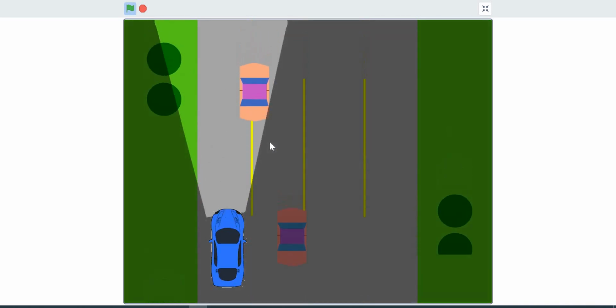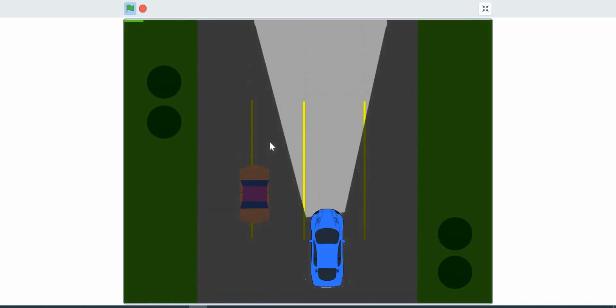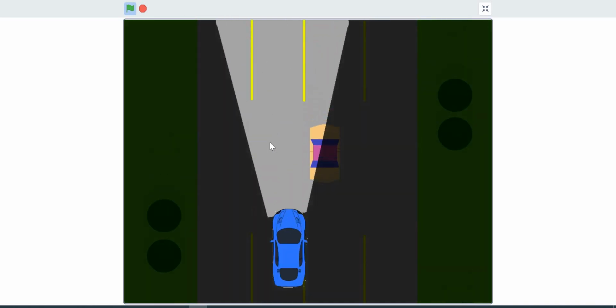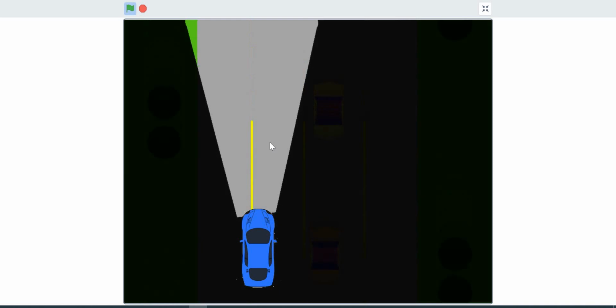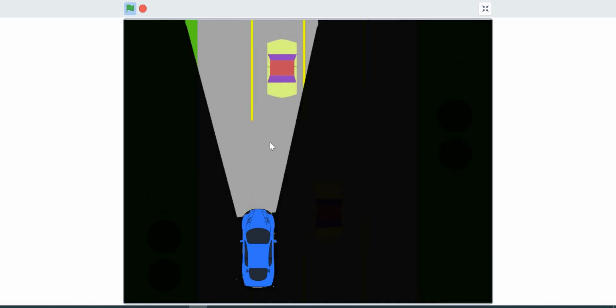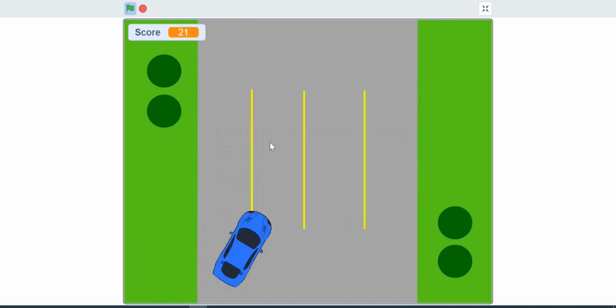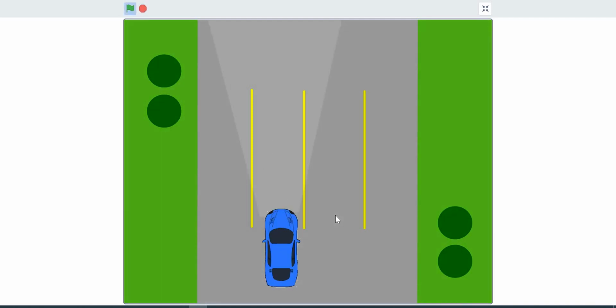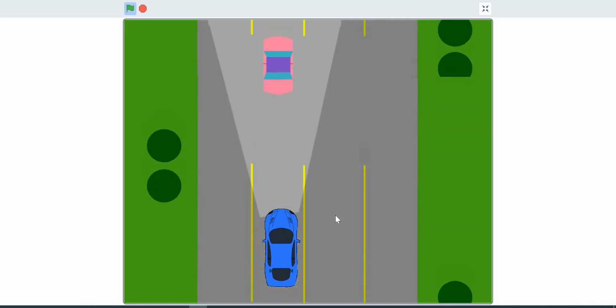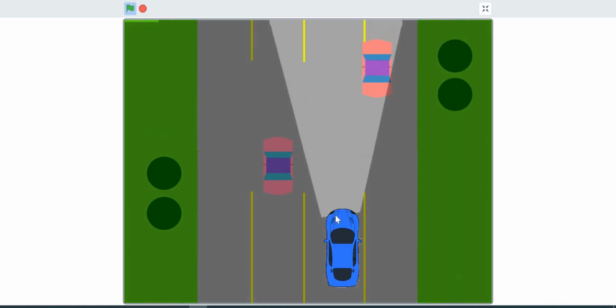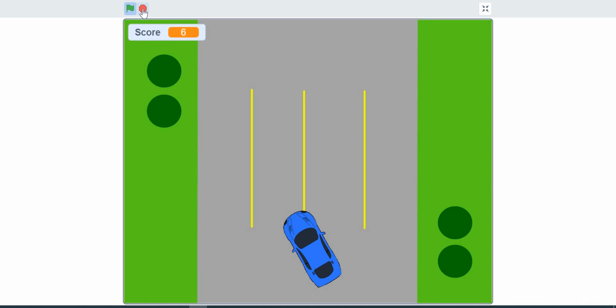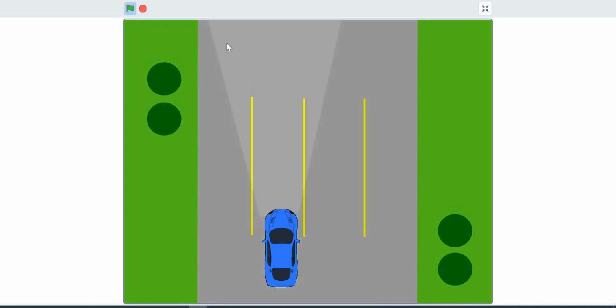In addition to this, our car has to dodge all these other cars on the highway. It's like it's trying to overtake these cars. And we have this concept of night and day in this, which we have done using layers, right? What happens really is that there's a layer of headlight, and a layer of darkness that falls on the car, and that is how we are emulating a headlight. So there's a day, and then after some time, oops, yes. If I do this again, let me be a little bit careful.